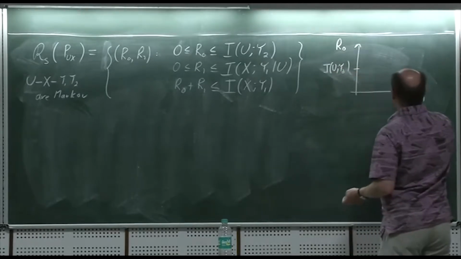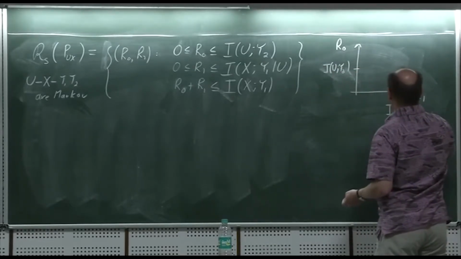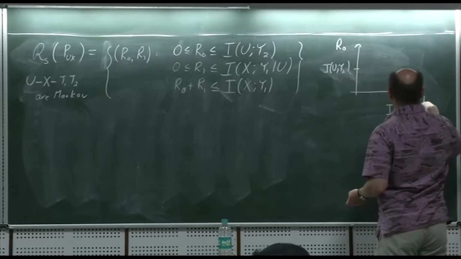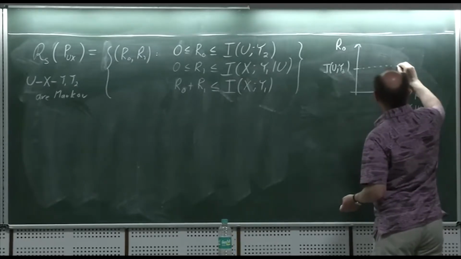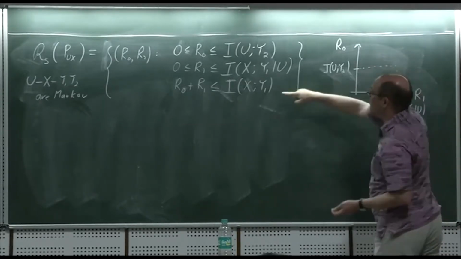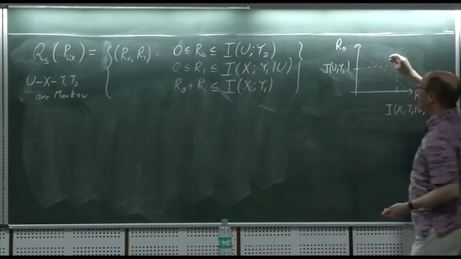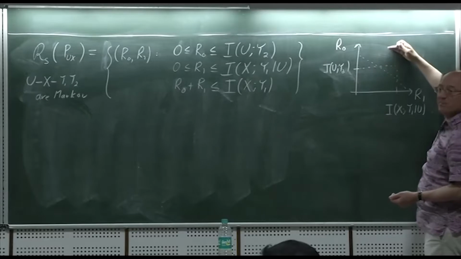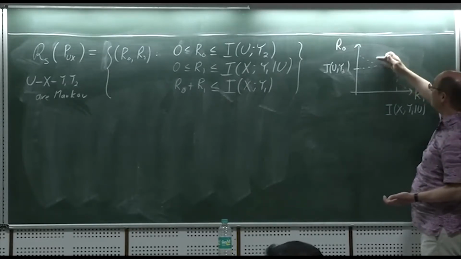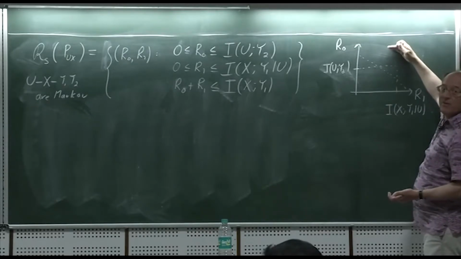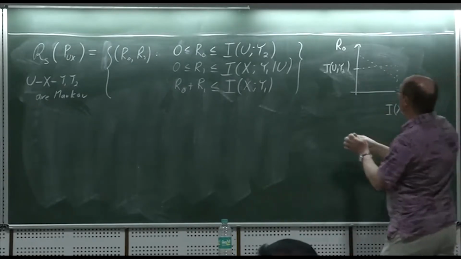This here is at I(X; Y1). In the interesting case, this bound here would somehow cut this. It could also happen, and we'll see examples of this, that this bound lies above. When we talk about degraded channels, we'll see that this bound lies higher than the rectangle. But in general, we'll have this